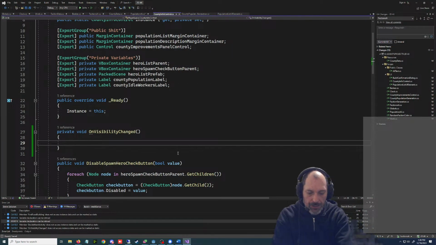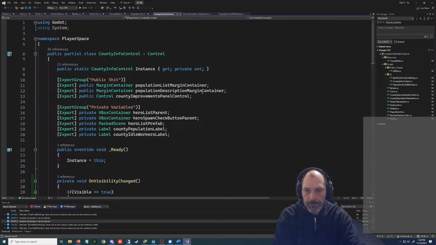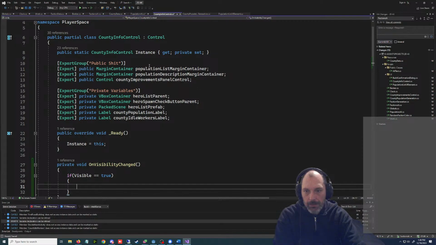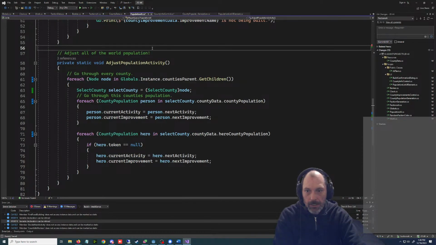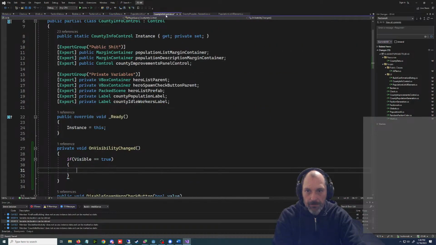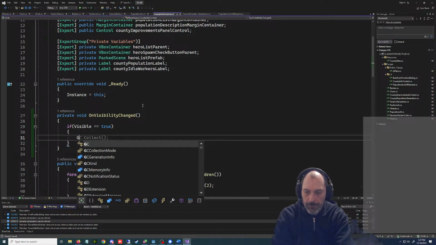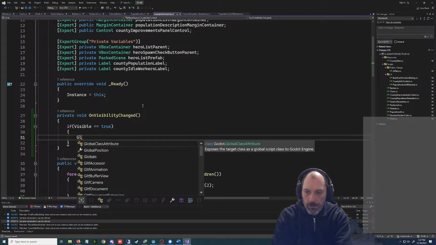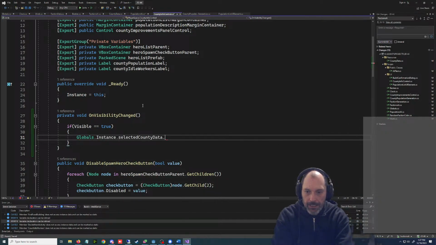Then if on visibility changed, if visible equals true, we want it to subscribe to the selected counties. I think this is going to happen too fast, but we're going to try it. Globals. I can't remember how to do this either. Globals. Instance. Selected county data.